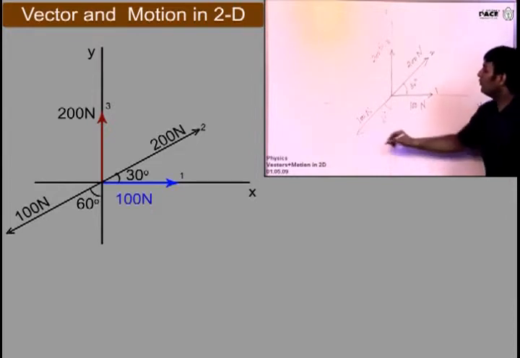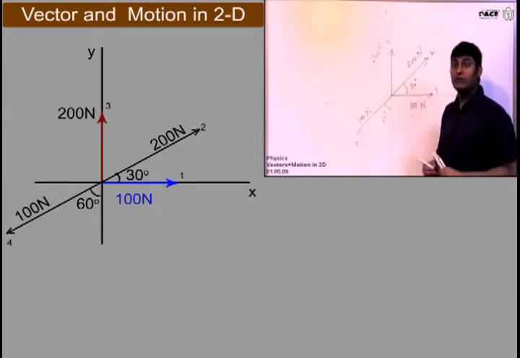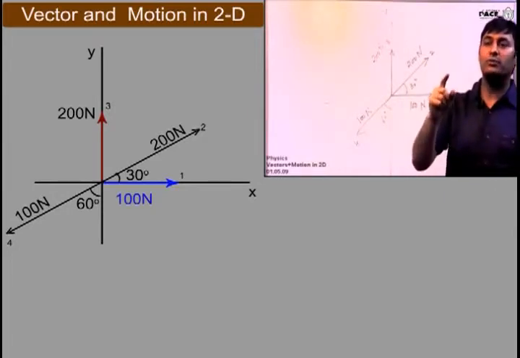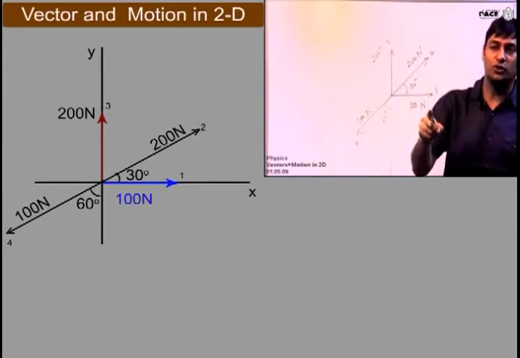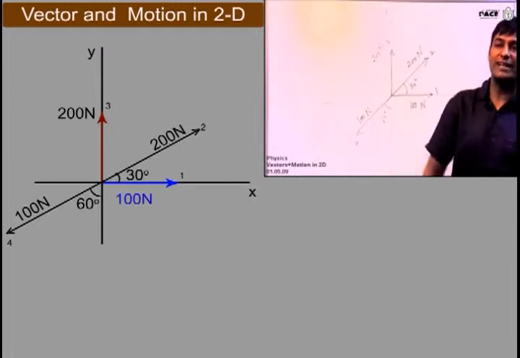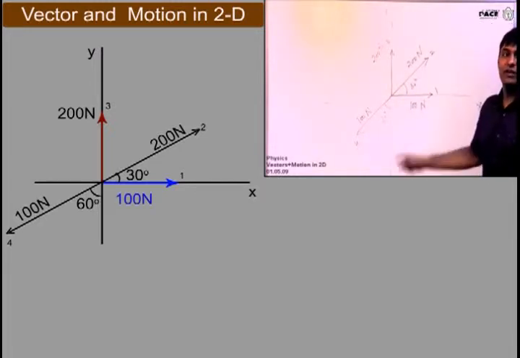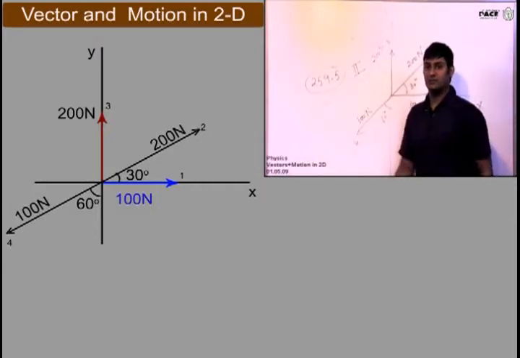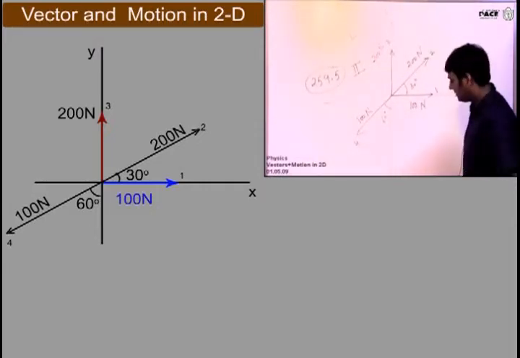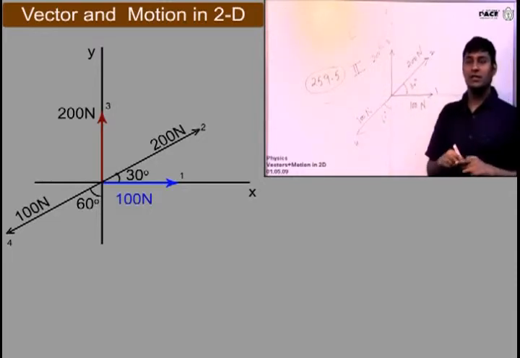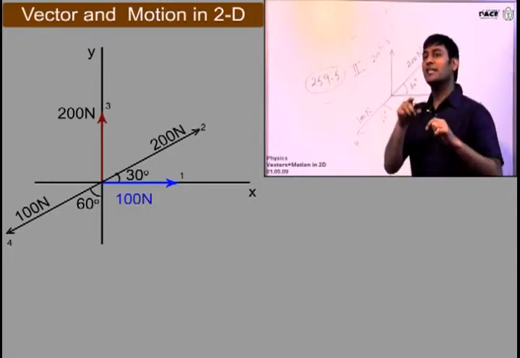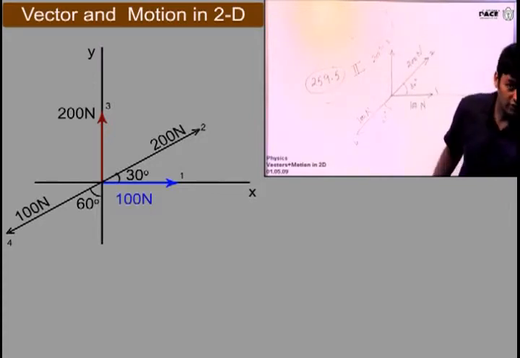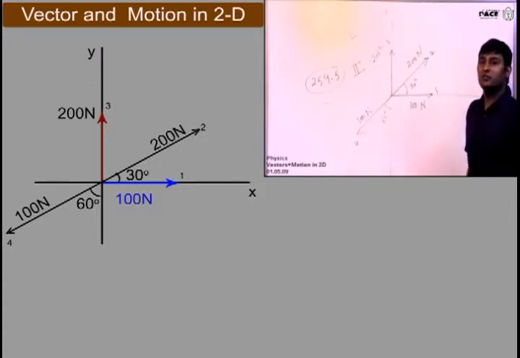Now let me see who will be the first person to give me the right answer, correct up to 2 decimal points, of the resultant of all these 4 vectors. Add all these 4 vectors, F1, F2, F3 and F4 and tell me the right answer. Let's calculate it. All of you please pay attention. There is one smart thing that I expected someone from you to do. Let's see if you have done it or not. Can anyone point out that smart thing to me?